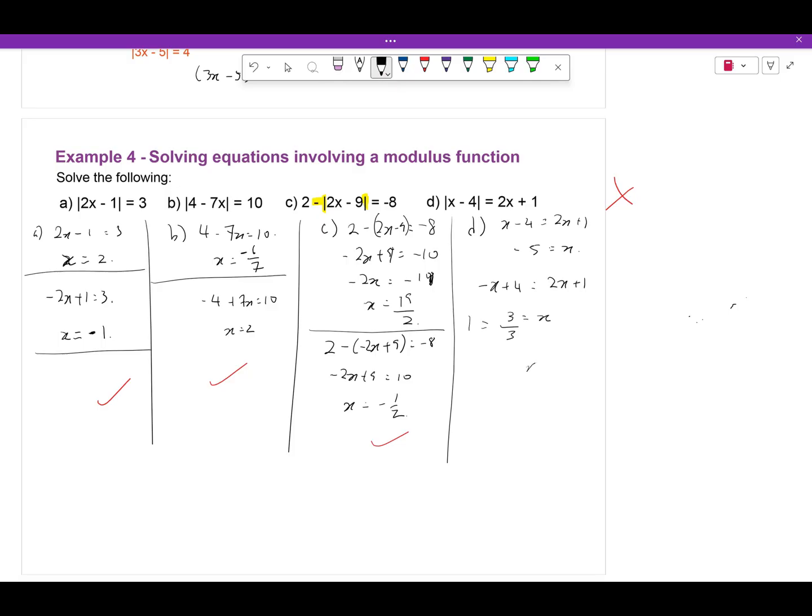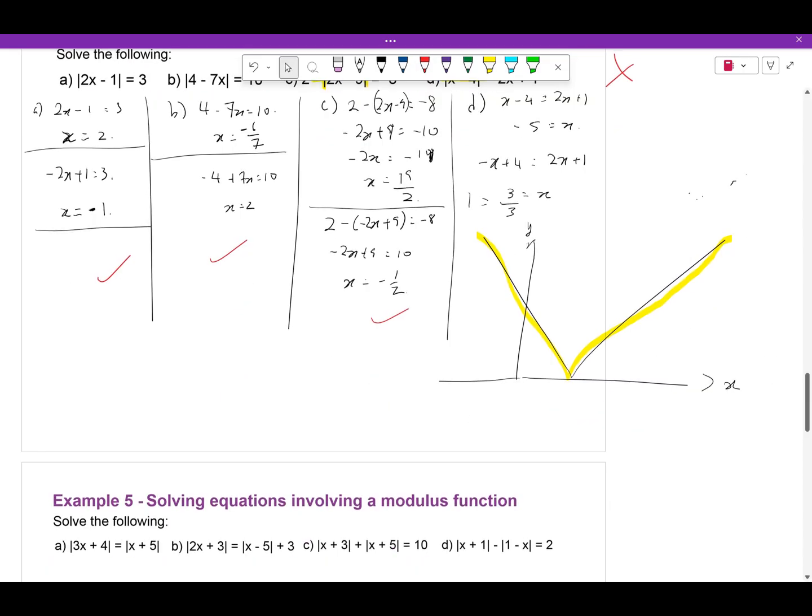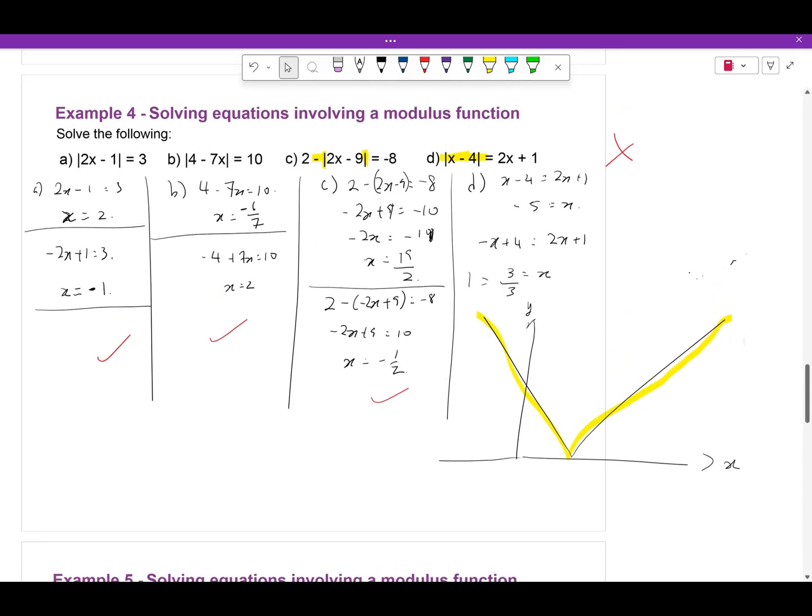I don't need the negative plus. There we go. So, 我们来看一下 x minus 4. 我们的 graph 是从这里到这里。Okay, that's x minus 4. 2x plus 1. So that means the graph looks something like